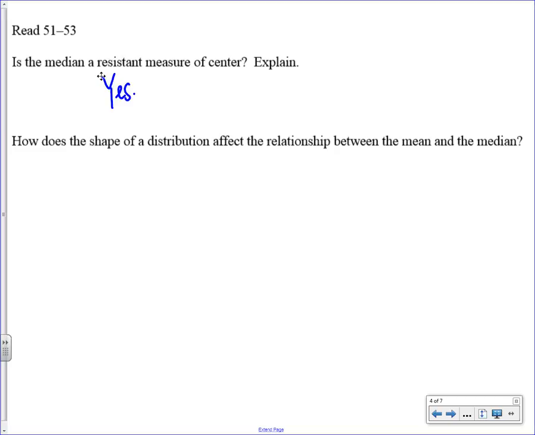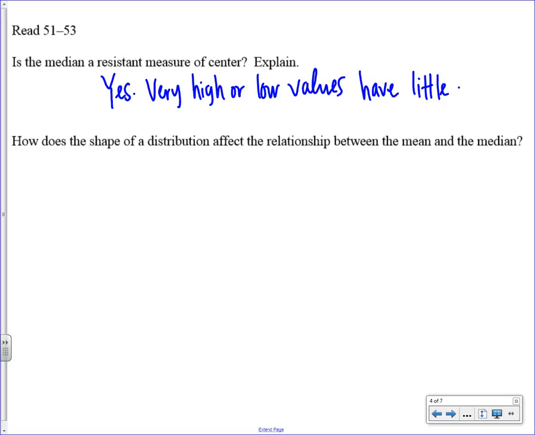I would say very high or low values have little impact on the number that's in the middle, the middle number or the median.